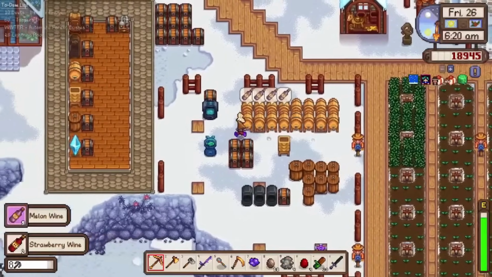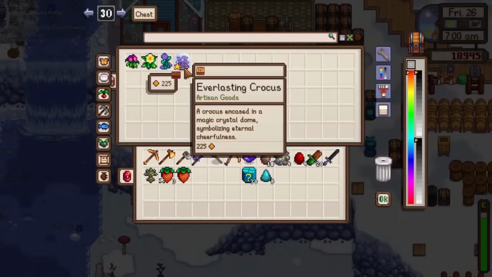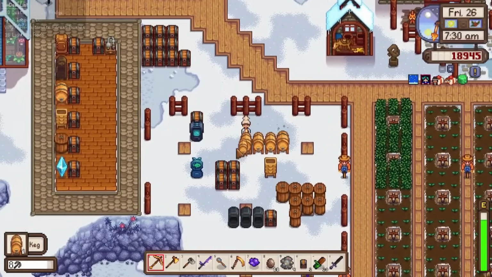Day 26 had a small haul of wine ready for us, and our first everlasting crocus was ready. It was gold quality, meaning we will be needing 4 of each of these for the forever storage to collect everything, and we shipped it off, picking up all the kegs and preserve jars that were empty to move them